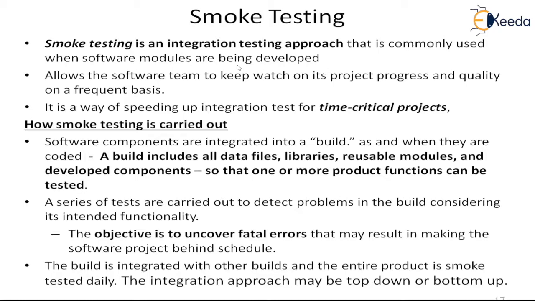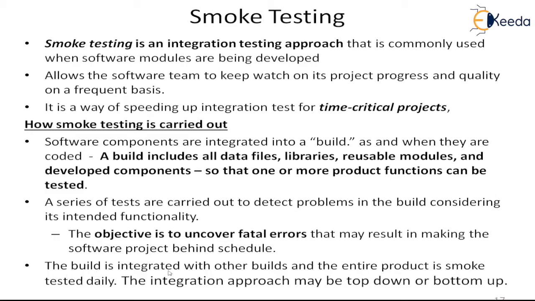When the construction phase is going on, you do some smoke testing to find out major errors. If you find the major errors during development, then you are doing it very early in the phase. So you will do less integration testing and less system testing, and you will find fewer errors there. So you will not fall behind schedule. But if it is a very critical, complex system and you have not done smoke testing, then you can fall behind the project schedule.